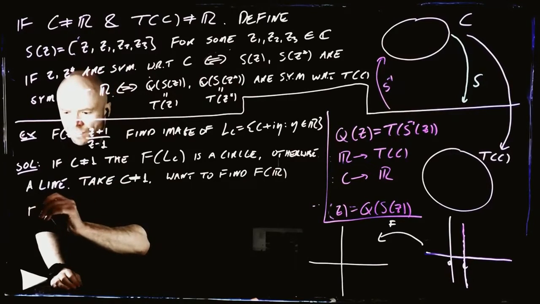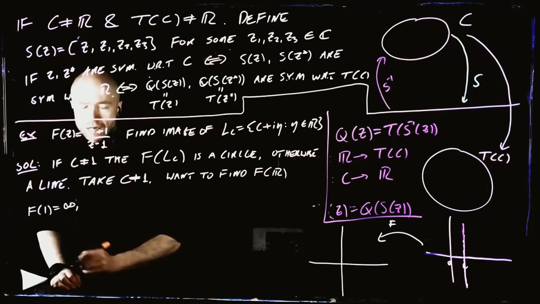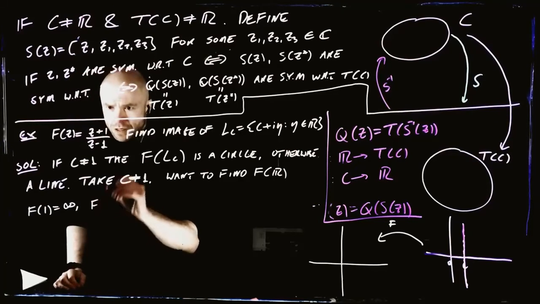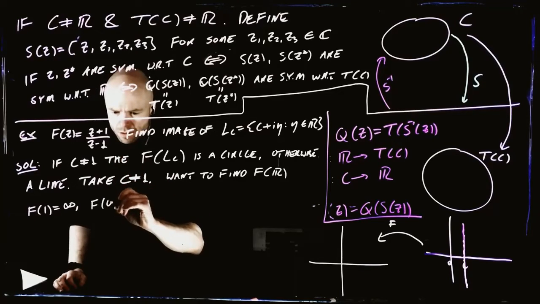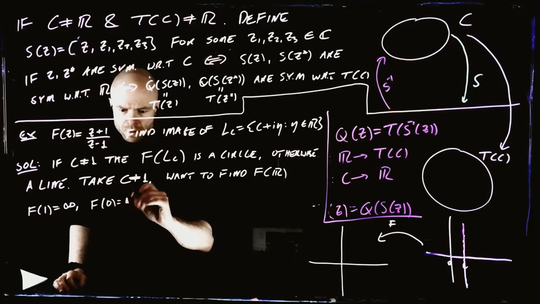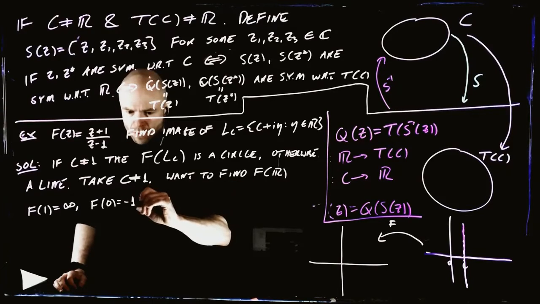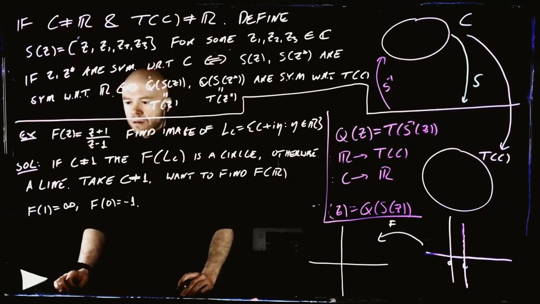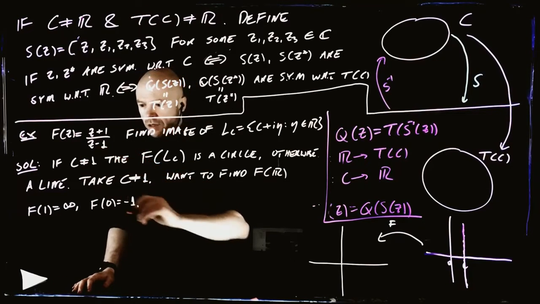Well, we notice that f of 1 is infinity, as already pointed out. f of 0 is just going to be -1, right? And what else? And f of infinity is just